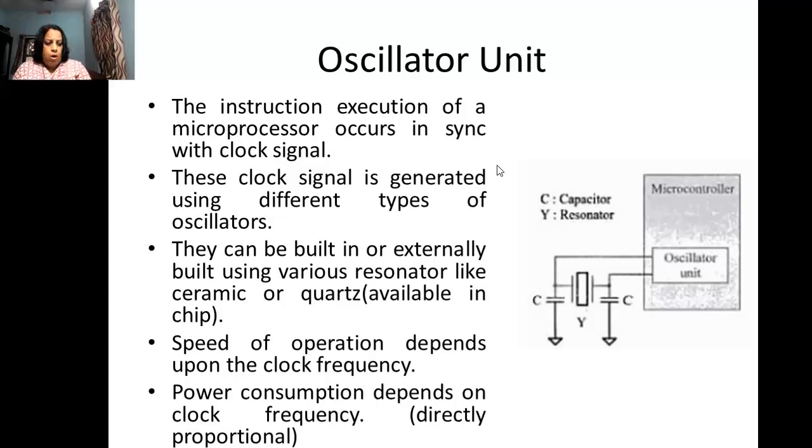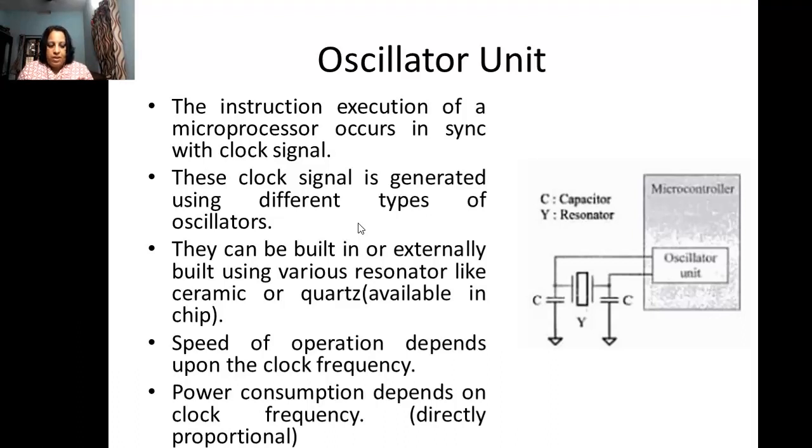Now, the speed of execution is dependent on the clock frequency. What I mean to say is that if the clock frequency is more, the execution speed of the instruction or the processor will be more. But can I keep increasing it? That's very easy, right? We can have a higher clock frequency, and then obviously my execution speed will also increase. Then I can have an oscillator with high clock frequency. That is a good idea, but it has a limitation.